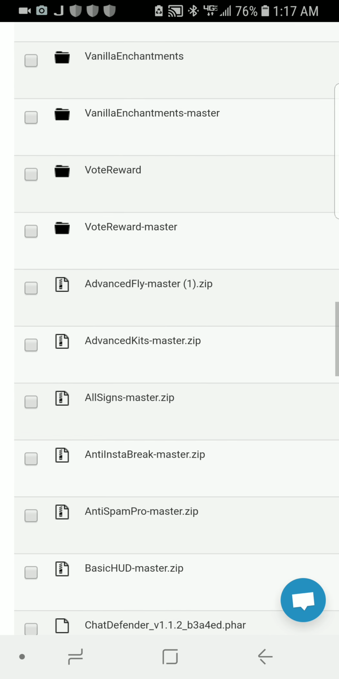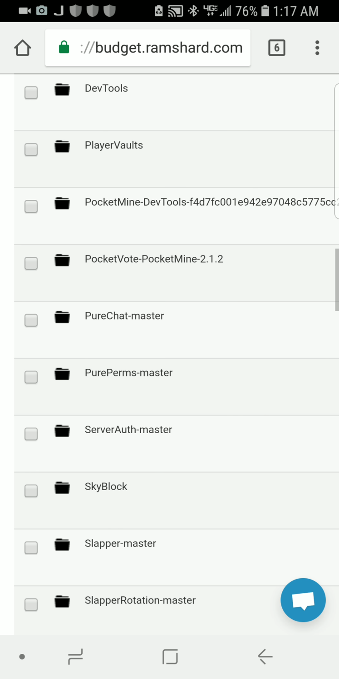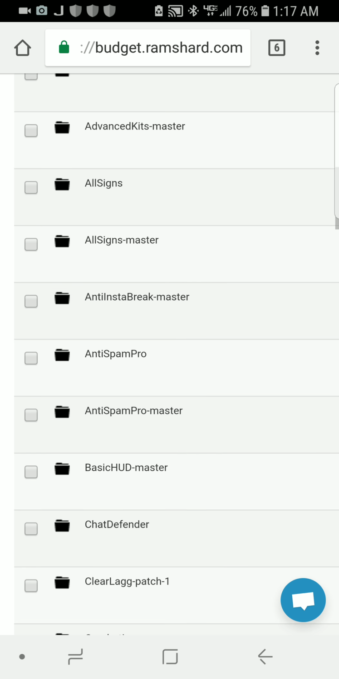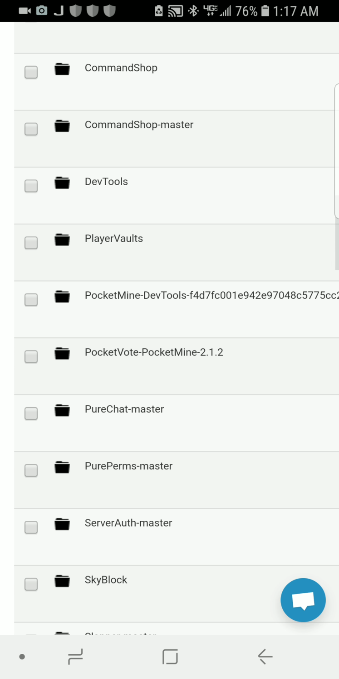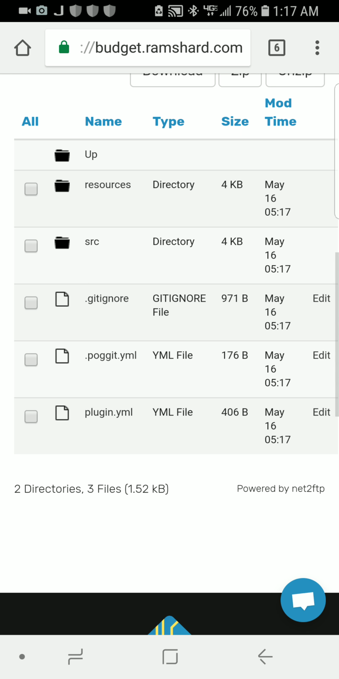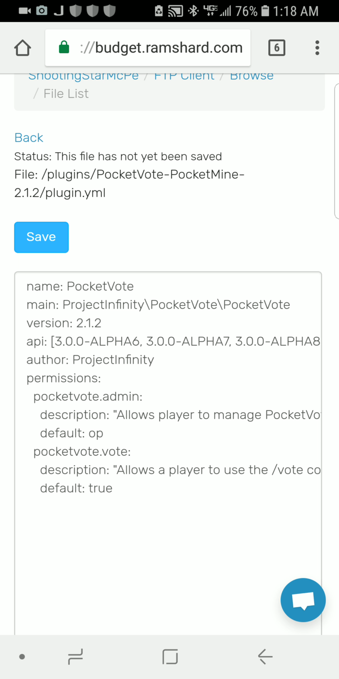So now if we look here, that should be good. So now to check to see if it actually works, right there we have Pocket Vote. Let's go ahead and go inside here. I want to show you something else. You see where it says plugin? Don't press plugin. That's just going to download that plugin YAML into your phone or your PC, whatever you're using. But press the edit button right here, and we just want to check API and see